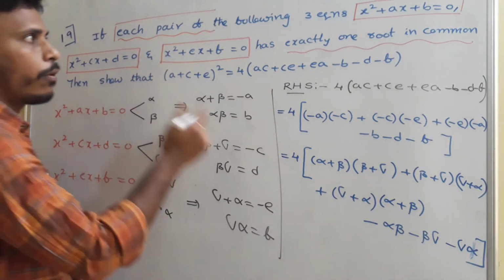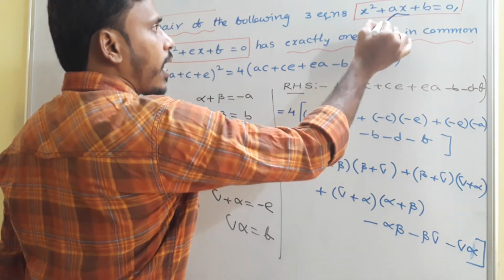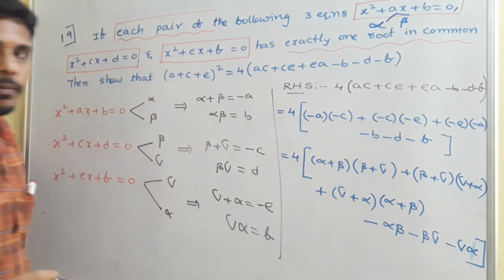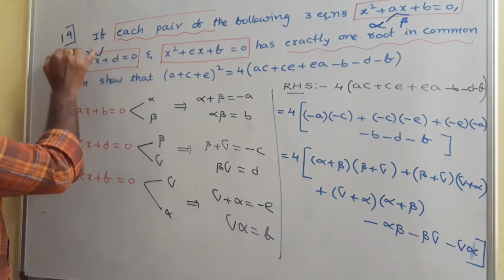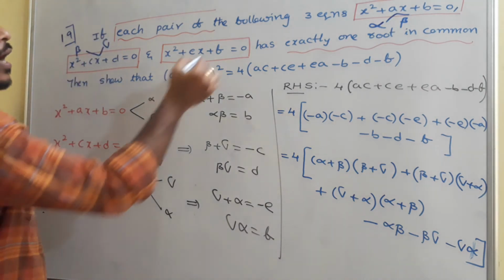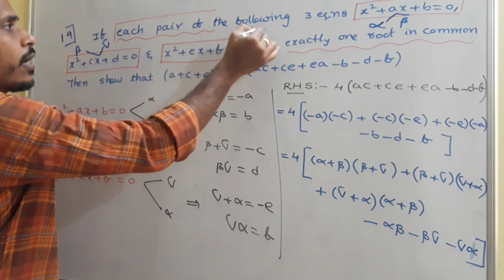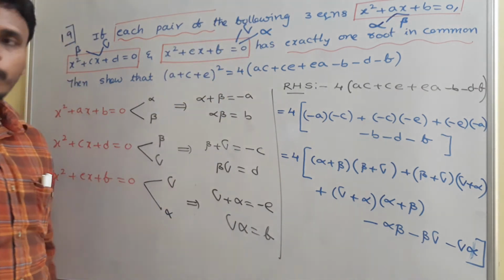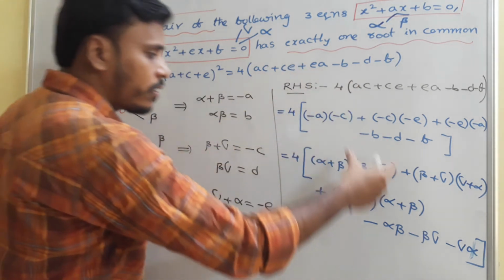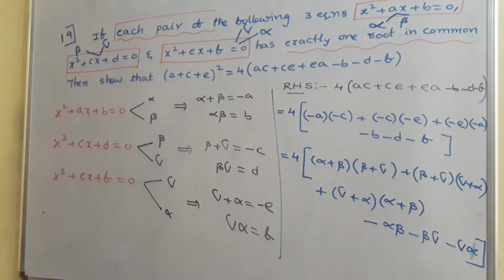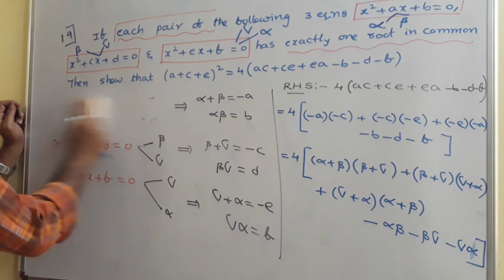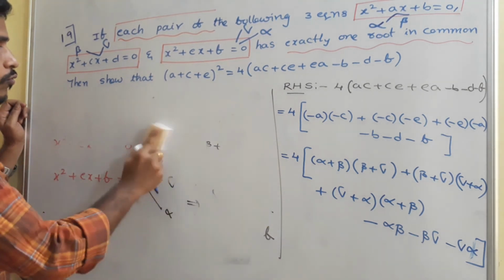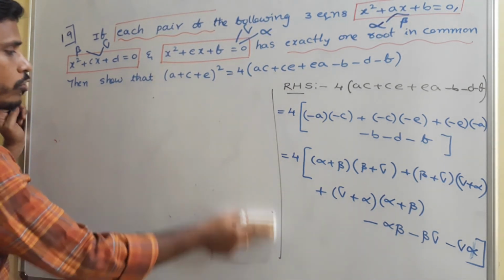So as per the problem, the roots of this equation are alpha beta. Just keep in mind. And the roots of this equation are beta gamma. And the roots of this equation are gamma alpha. That's actually what I noted. From there, sum of the roots and product of the roots with replacement. This is a simplification of the left side. And for the space, I am erasing this part and I will do it again now. Okay. So how to simplify this part?